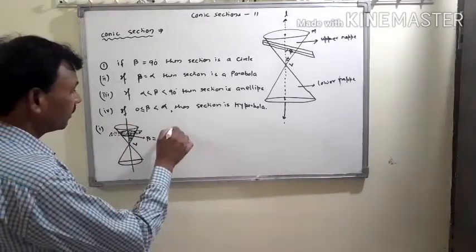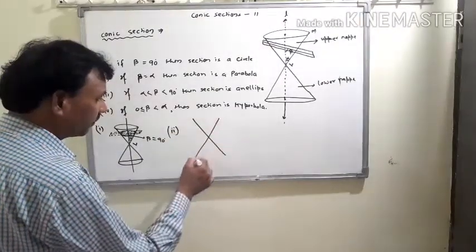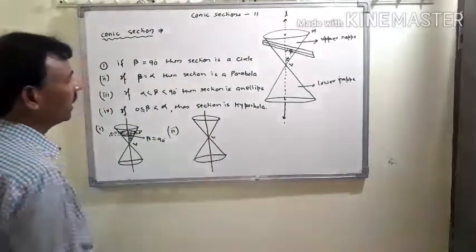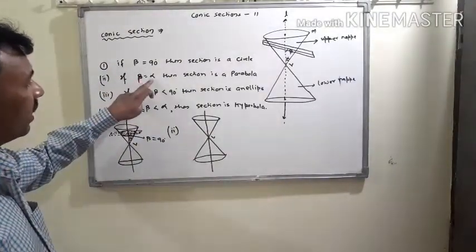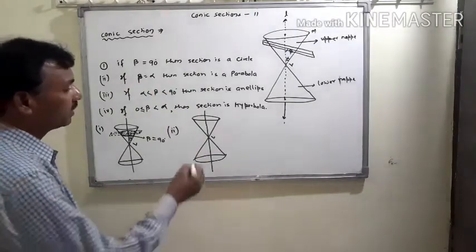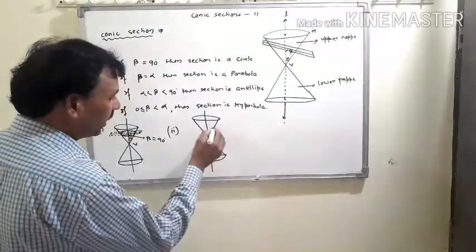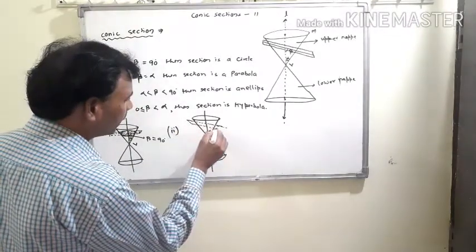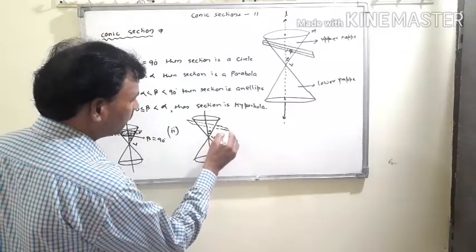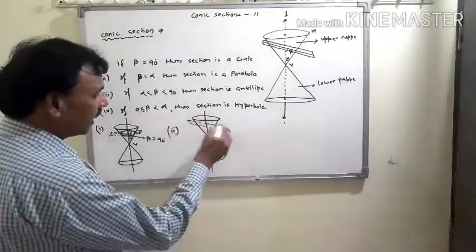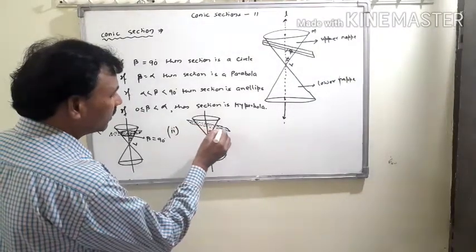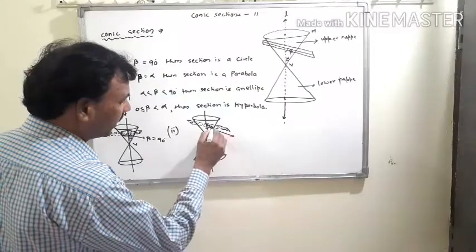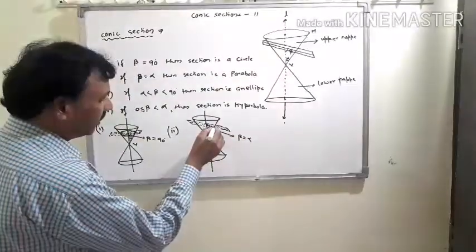Now in the second situation, if this double napped cone is cut by a plane when beta and alpha both angles are equal, that means suppose this angle is alpha and a plane which cuts this nappe with this angle beta, and given that beta equals alpha, then we can find